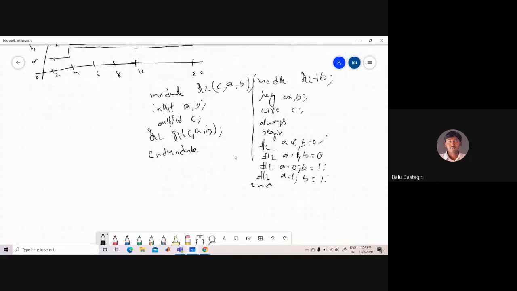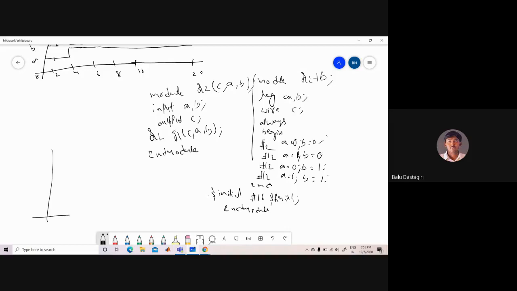After that, if you want to print the values, you can use the monitor command which I have shown you. If you don't want the values printed and want the waveforms shown directly, you can go for an initial block. After some 16 units of time, $finish. After that, end module. So this is the test bench we have written. Now let us see how the waveforms will look.